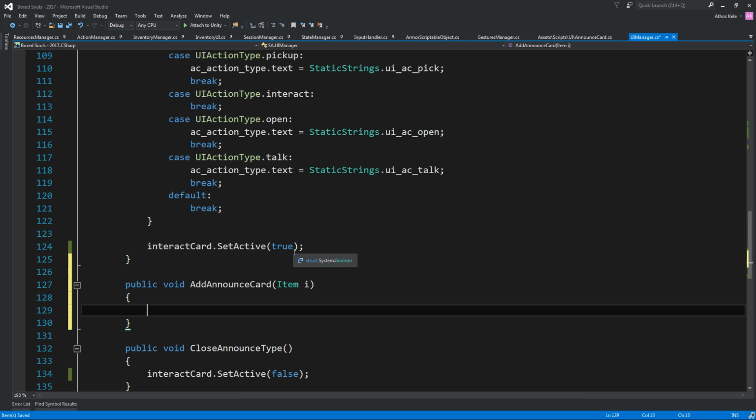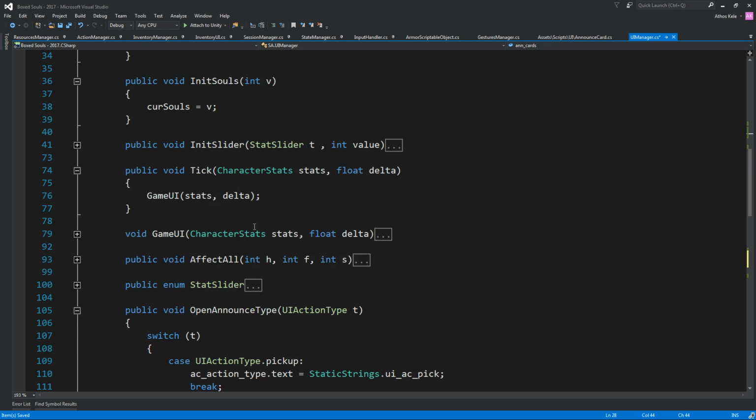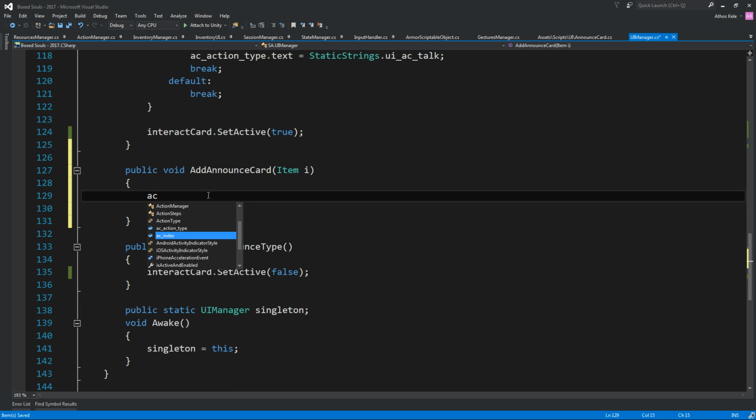So announce card, AC index, okay. AC index plus plus, but we're going to say announce cards dot AC index, game object set active to true,